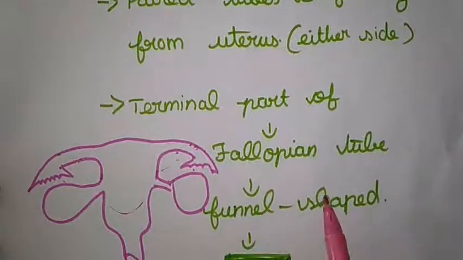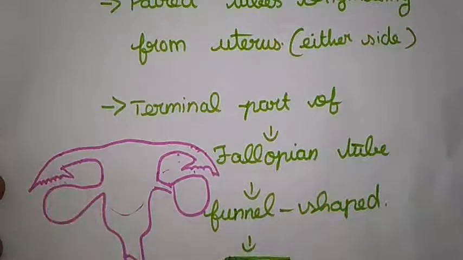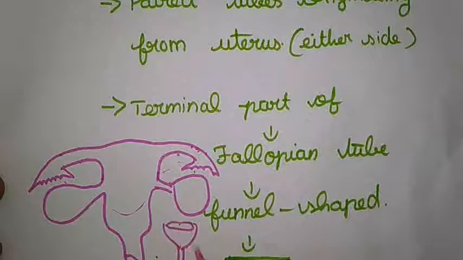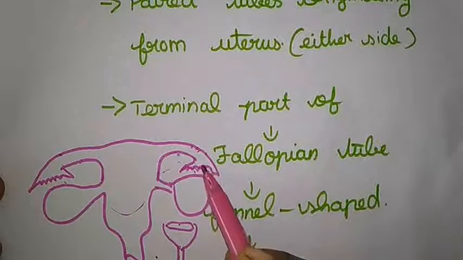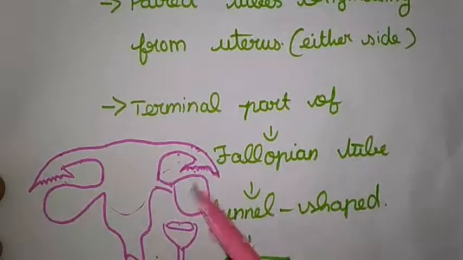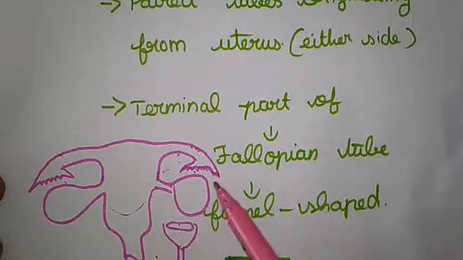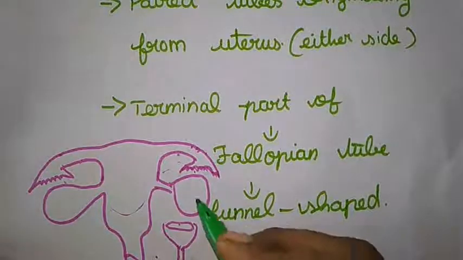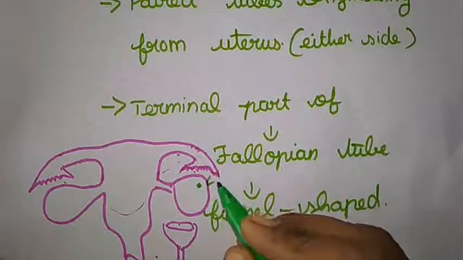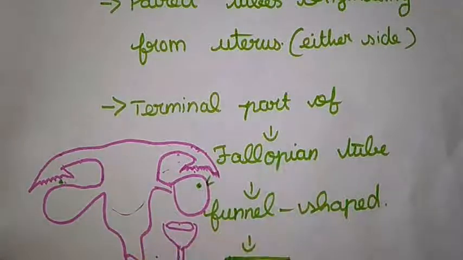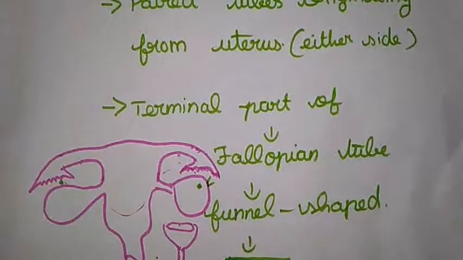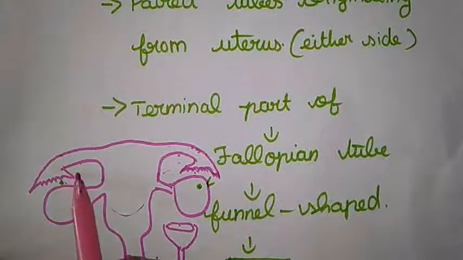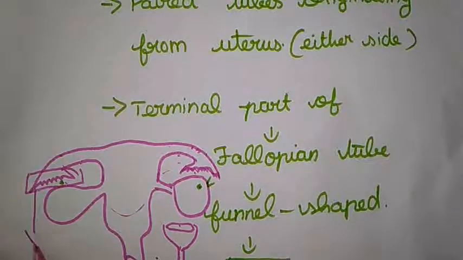They act as a funnel shape. How do they act? Funnel shape, like a funnel. Just see this. Okay, funnel shape. They act as a funnel shape, and here they have finger-like projections. What is the major reason they have finger-like projections? Once the egg is expelled from the ovary, when it bursts and is expelled, it has to be grasped and held. So the finger-like projections, the name is fimbriae. What is the name? The finger-like projections of the fallopian tube are fimbriae.